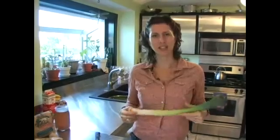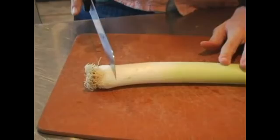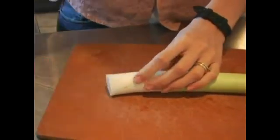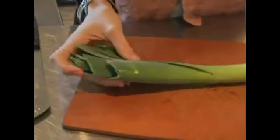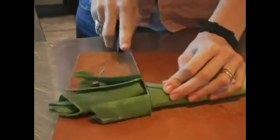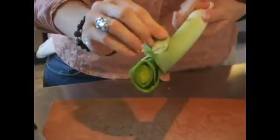In this clip, we'll slice the leeks. So first you want to cut just the very end of the root off of the bulb. And then from there, cutting about 3 inches off of the leaves. So you still have just a small part of the leaf left on the top,